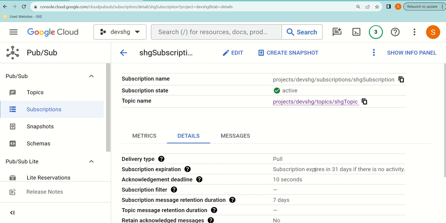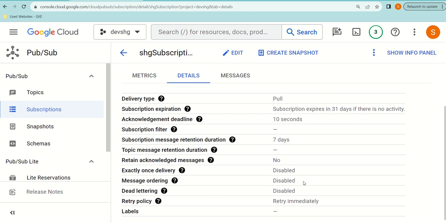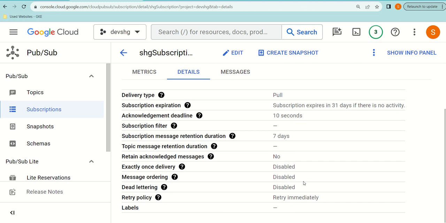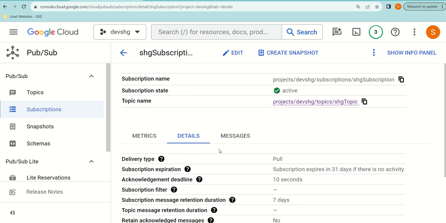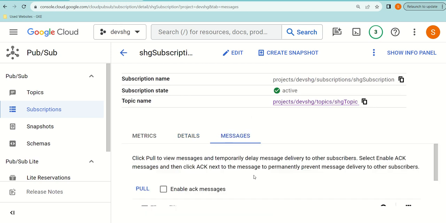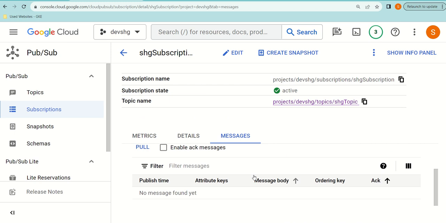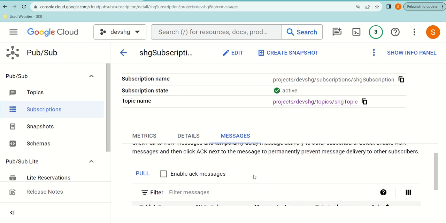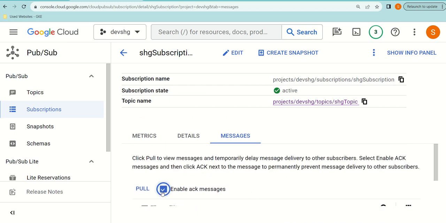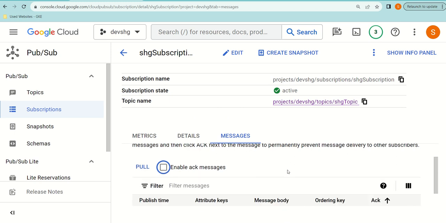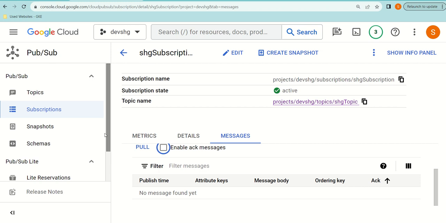Metrics, details, subscription expires in 31 days if there is no activity, which is fine because it's just a Qwiklabs subscription. So all the details that we have set, you can also see messages here. Okay, and you can also pull the messages. Okay, so